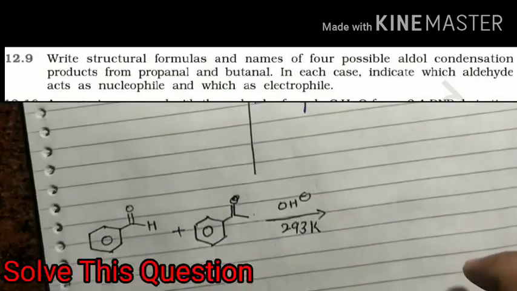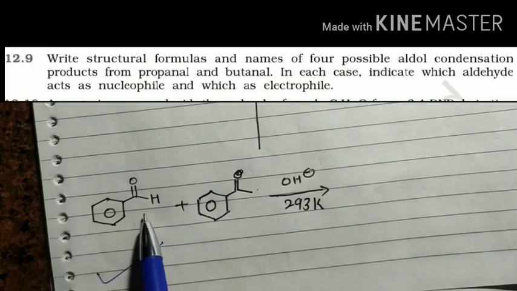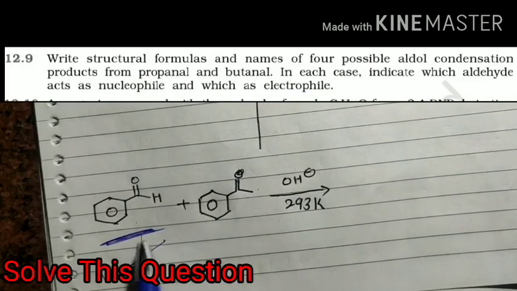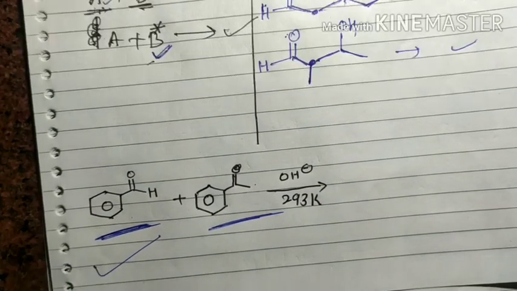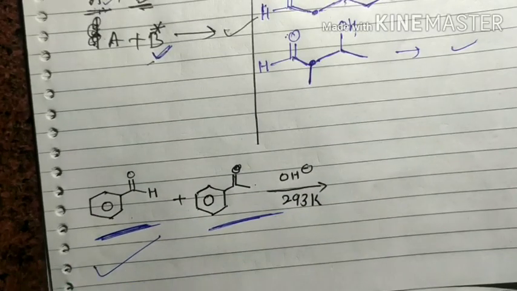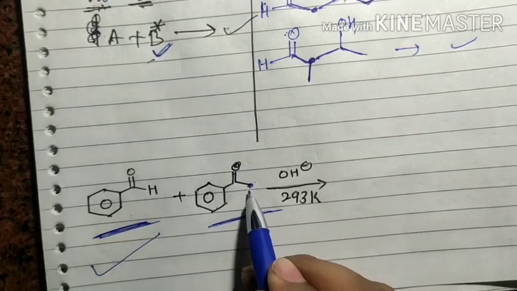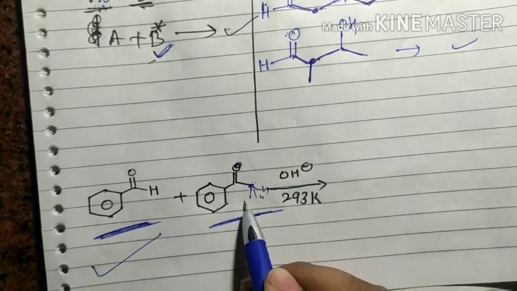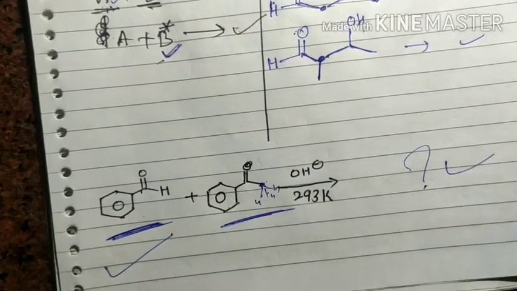Now in the second case you may write the product of this system, because in this system there is no alpha hydrogen, but here there is alpha hydrogen. So alpha hydrogen is necessary only for the formation of the enolate. If any one of them forms the enolate, the aldol reaction takes place. So this forms the enolate because alpha hydrogen is present here, and this enolate attacks this system, and you may write the product of this reaction.